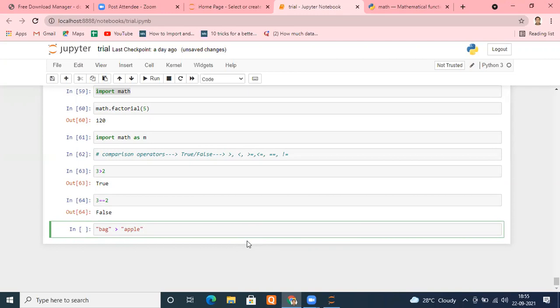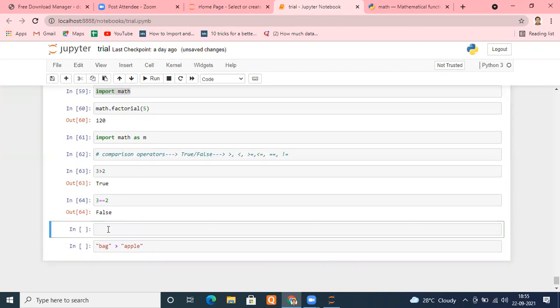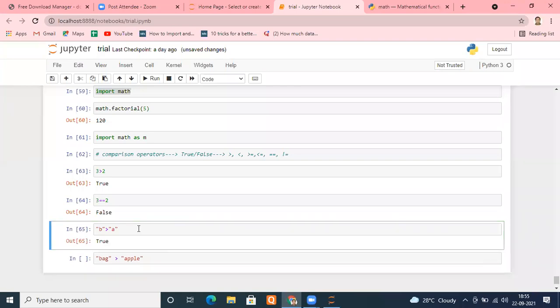It all depends on how we are comparing, right? When we are comparing strings with the greater than sign, how it gets compared is, before that, let me do one thing that's easier. Let me use only one character, B greater than A. Let's see what it returns. Can you see what we get? True. Why? It checks the Unicode character of B and A, the way we found it earlier, remember, using the ord function.